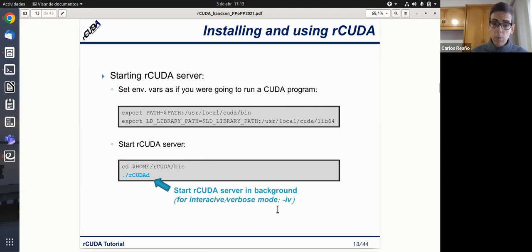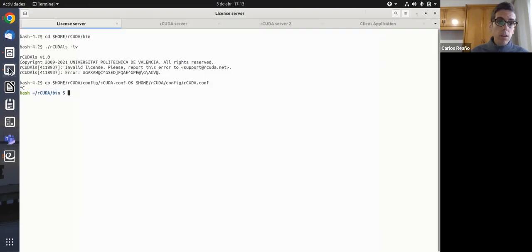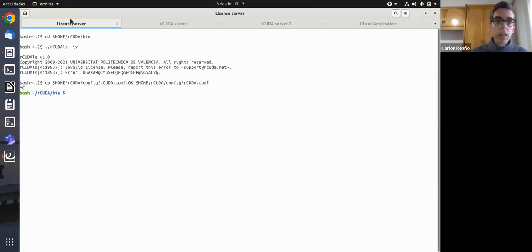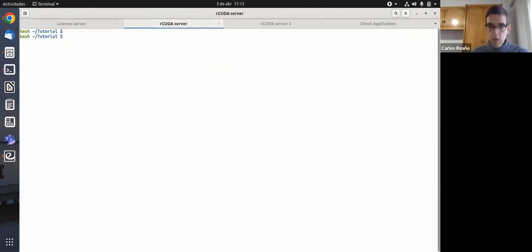Again, we can use the interactive and verbose options to have additional information. Let me check that everything is correct. Okay, I think so. So now I'm going to keep all these terminals alive and run the server.